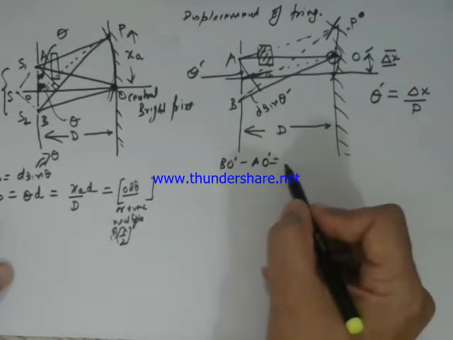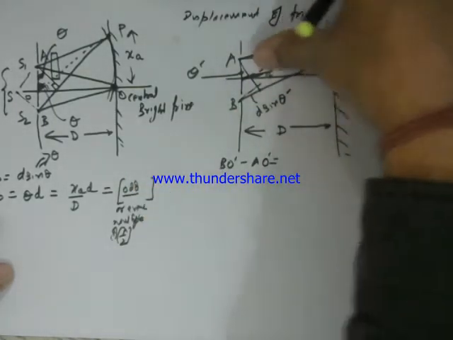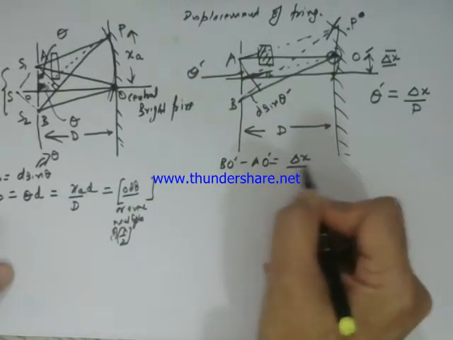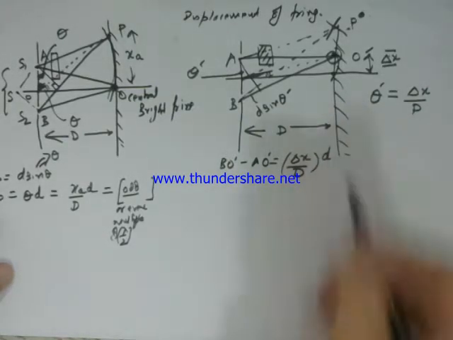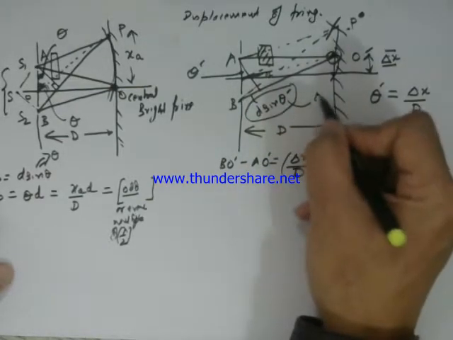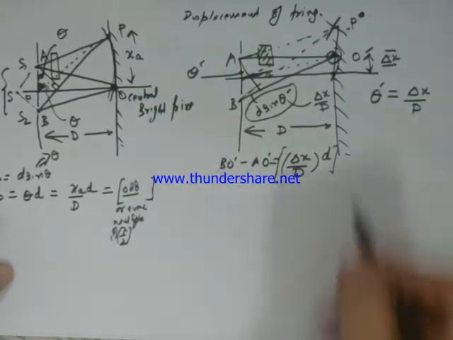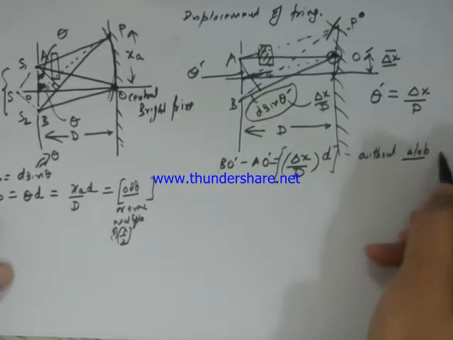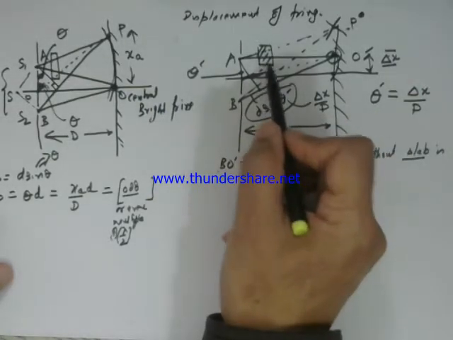So now BO dash minus AO dash without the slab is delta x upon D into d, because the path difference is d sine theta dash and sine theta dash is delta x upon D. Therefore this path difference BO dash minus AO dash without slab is this much. Now if we consider the slab also in its path,